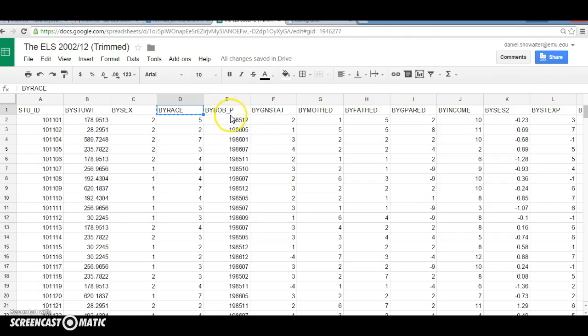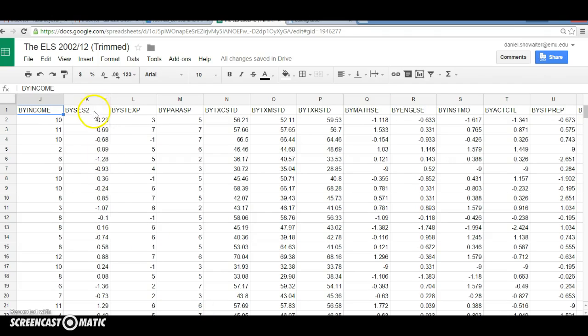What else we have? Date of birth, so the year and month. This is generational status, whether they were native US born or first or second generation, how high of education the mother had, how high of an education the father had, the grandparent, income of the parents here. SES is a nice one, socioeconomic status. It actually accounts for income, occupational status, and education of the parents. This is the students' expectations of how far they'll go in school, and so on. Reading scores, standardized math scores, how good they are at math, how good they feel they are at English,